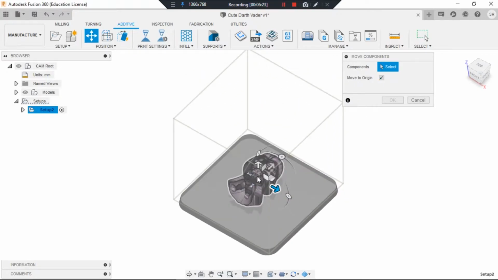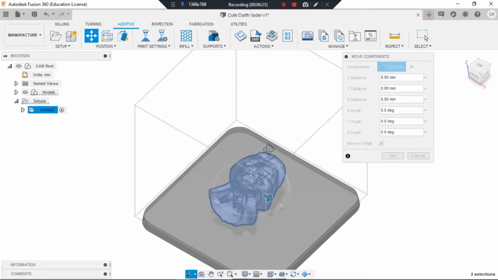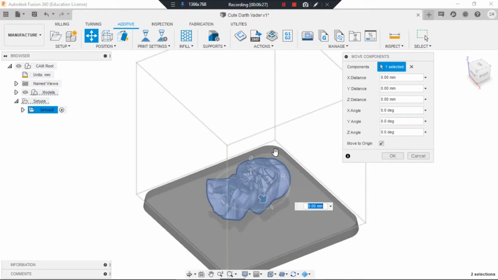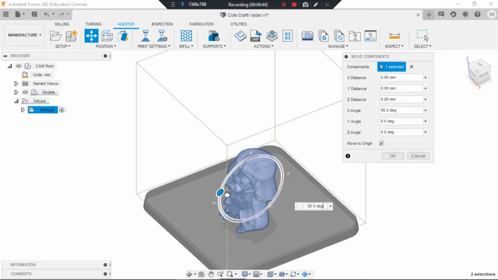We just simply click this one, and then you can see here there are several indicators. The round one is for rotation. And the arrow is for movement. So we will rotate it by 90 degrees, so the workspace will stand up.